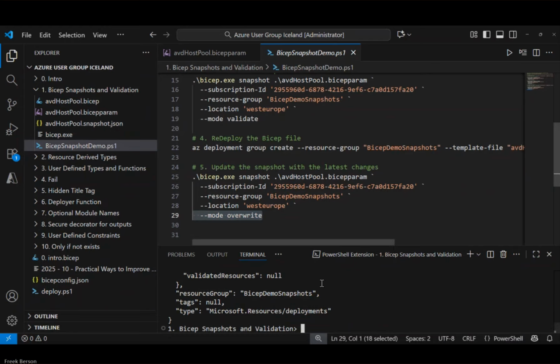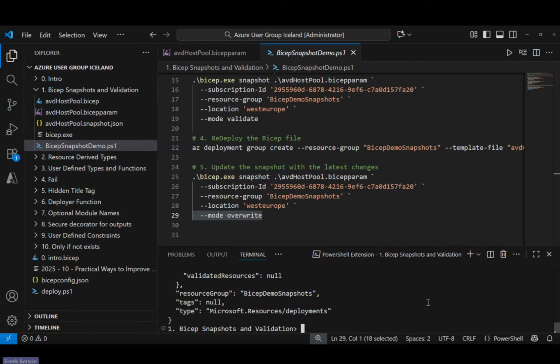So this is an even better way than just the what-if option that you have with your Bicep, because this allows you to really log within your CI/CD pipelines what the actual changes were at the time the pipeline was run. And then with the new run, you can actually check what the changes will be, instead of just having a what-if scenario that only states what changes it will make within Azure.